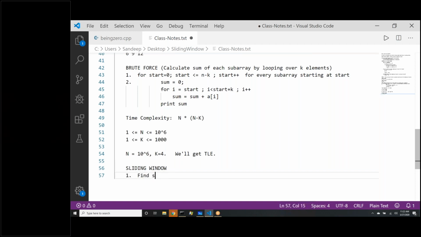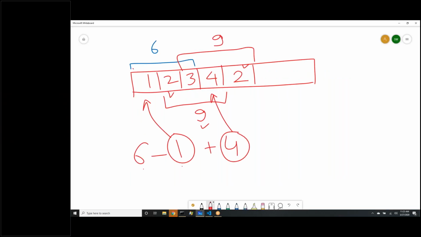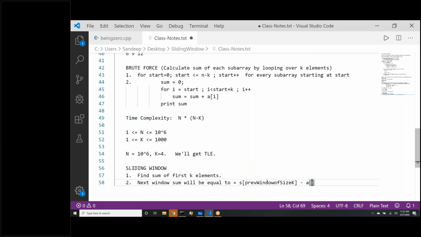find the sum of the first k elements first, and then the next window sum will be equal to the sum of the previous window of size k minus a of, can you tell me what the index will be? If you are calculating the first window, let's call this window our 0th window because it starts from 0. This window is the first window, it starts from index 1. So we have the sum of the 0th window, which was starting at 0. Those k elements we know. Can we say minus, for the first window,